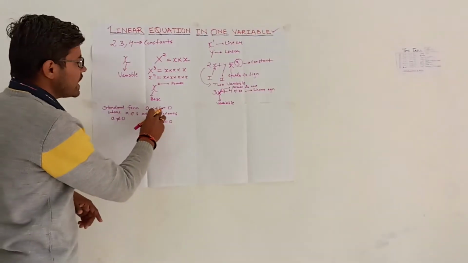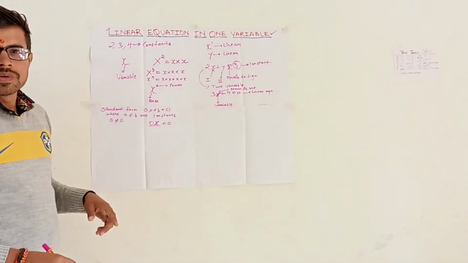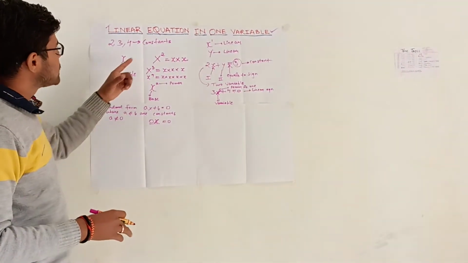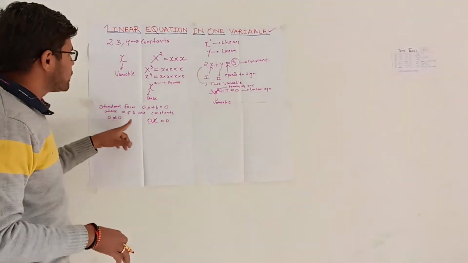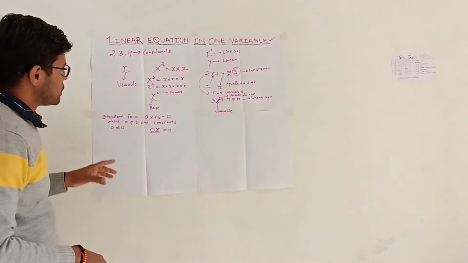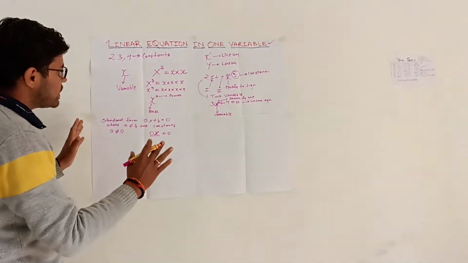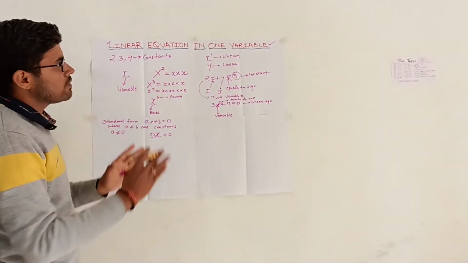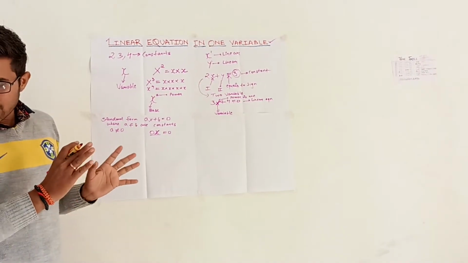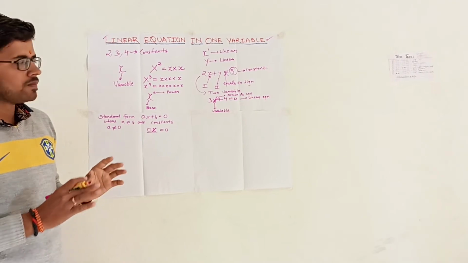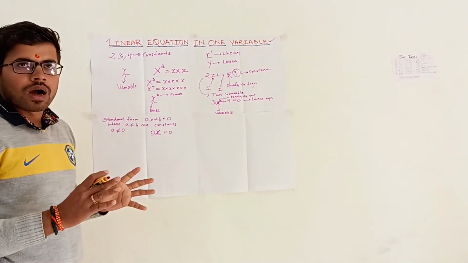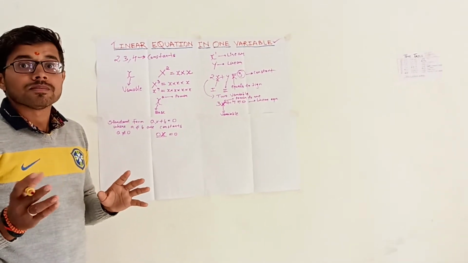So there will not be any variable in this equation. So this will not remain a one variable equation. So A should not be equal to 0. Now we have completely understood what a linear equation in one variable is. Now let's move to another topic, which is the number of terms. How do we find the number of terms?